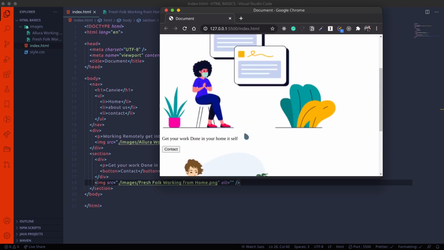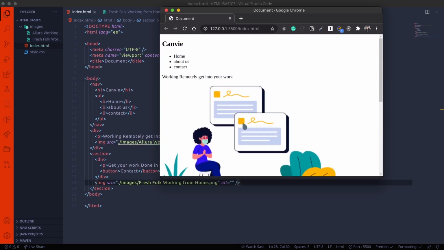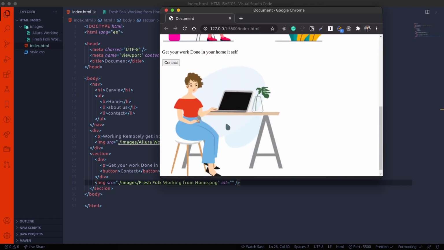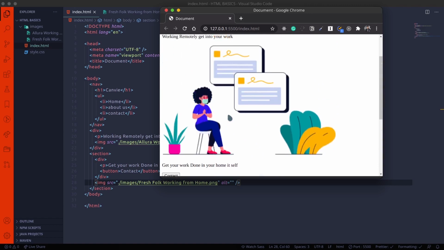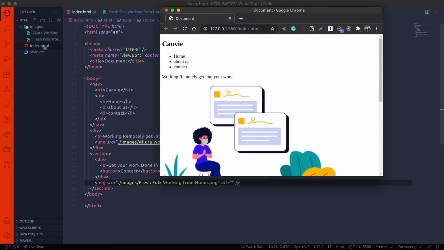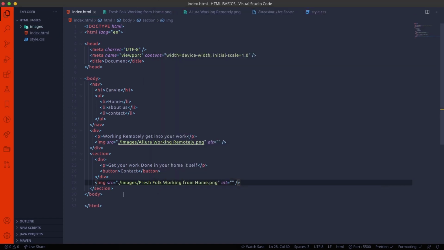So we have now just created a simple HTML web page. In order to make it look good, we have to use the style.css. What does CSS mean? CSS is nothing but Cascading Style Sheets. Basically, it will do all the styles in order to make our web page so beautiful and clean. We can do it later, and now I'm using another section.